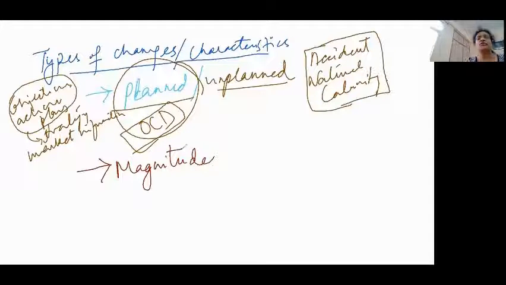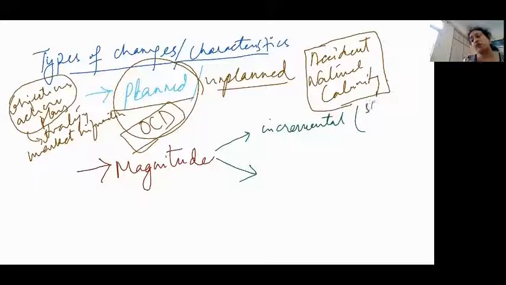Right? The first one was planned or unplanned change. The second one is magnitude. So when I'm saying magnitude, it means degree, the degree of severeness, right? So in terms of change, we can say either the change is incremental, that is, the change is slow or in small quantums, right? Or the other one is transformational